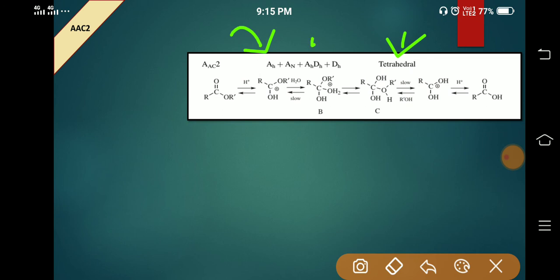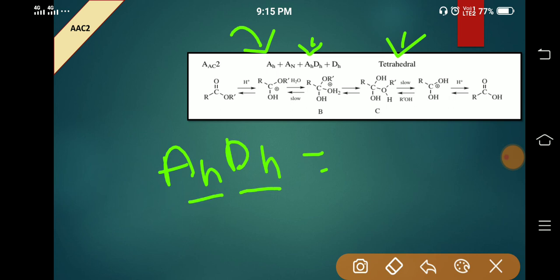Here the new term AHDH, nothing is different. Here is association of proton and dissociation of proton carried out in one step. So that can be represented in this manner. Okay, whereas this plus indicates there are different steps involved. Okay,